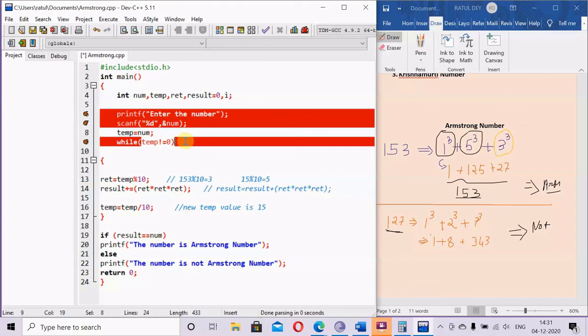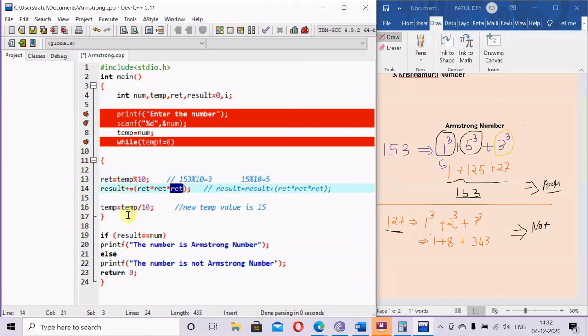Next we discuss rem equals temp modulo 10. Only here we have to identify the remainder. If we want to extract each digit individually, you can identify this 3, this 5, and after that it will come 1 this way. Once an individual digit is coming, we just multiply it with itself. That is 3 times multiplication, which means the cube. If someone says it is a square, you just use 2 times.